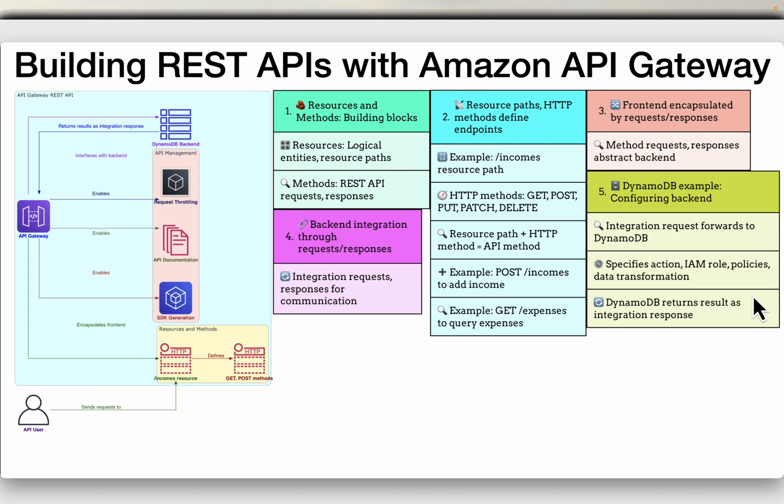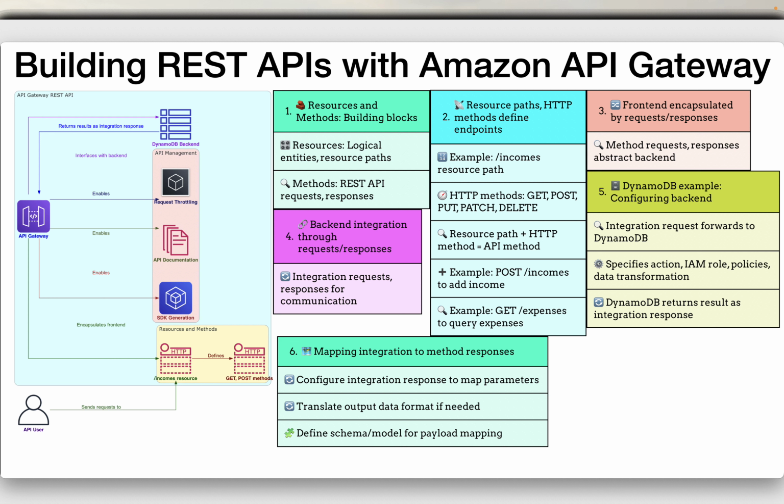To route the integration response to the appropriate method response, you can configure the integration response to map required response parameters from integration to method and translate the output data format if needed. API Gateway allows defining a schema or model for the payload to facilitate body mapping templates setup. So basically how to map your whole put, get, post to DynamoDB table, let's say, and you can just map